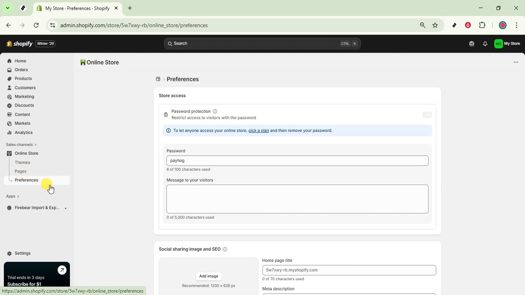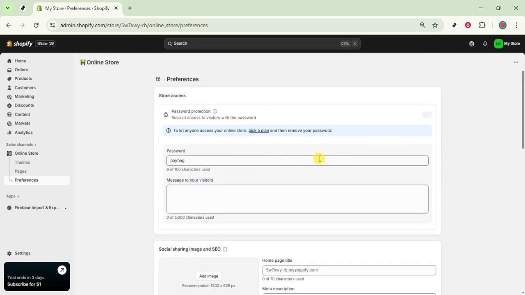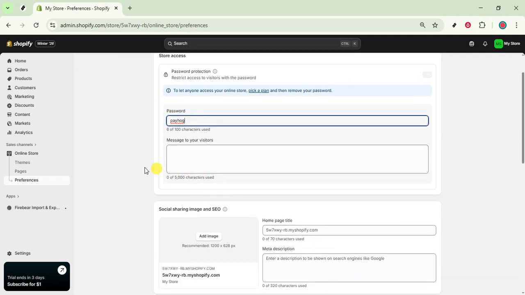This is where Shopify keeps the password protection settings. You'll use this area to temporarily restrict access so you can preview the password page while you edit it. Enable password protection. Turn on the option to require a password and add a short message for visitors if you like. Keep your password private, and then save. With protection enabled, your storefront will show the password page, which makes it easy to preview your changes